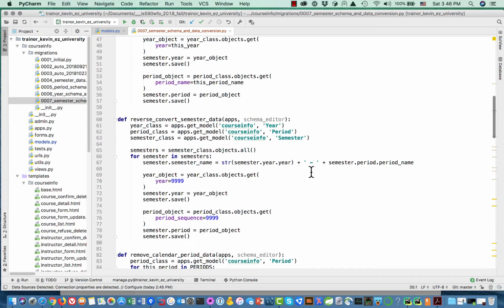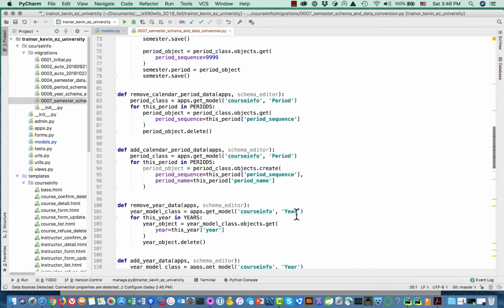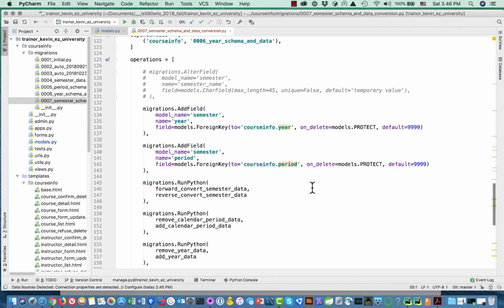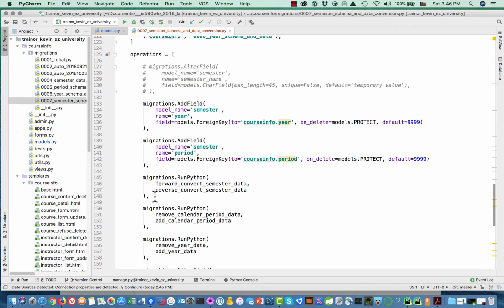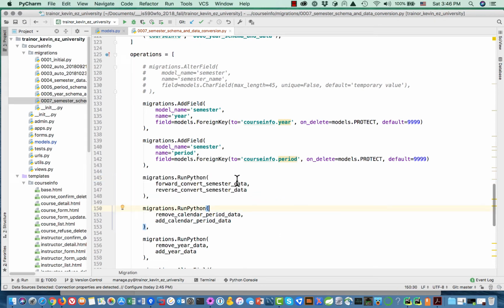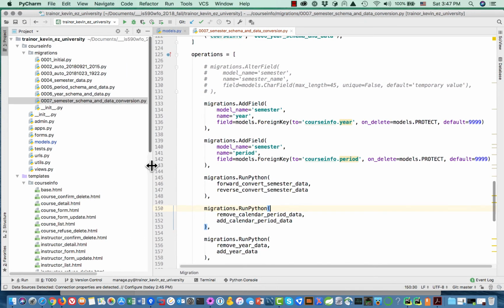So that's a lot of work for the conversion. If you go down here again in our operations, that was a lot of code just to get this done. But we figured out how to do it forward and backward. And then to remove the calendar period data and to remove the year data, how did we do that? Well, you know what we did? We borrowed code directly out of the migrations that we did for